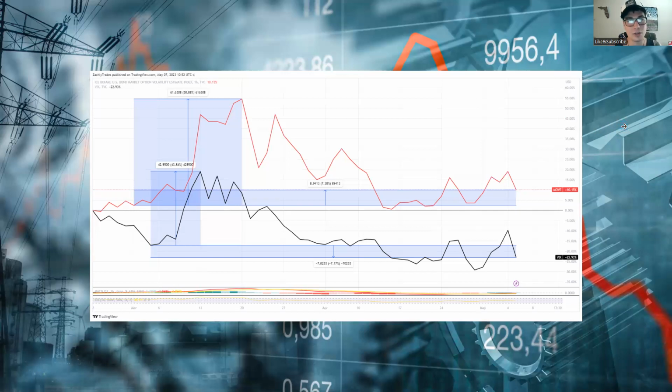Entering in between those supply and demand zones, I like to call that no man's land, right? The reason being is because you're not really sure where price is going to go. If you're entering in the middle of a supply and demand zone, the market may push back up into an area of supply to make the next move down, or it could push lower back down into a demand zone to look for a bounce up, right? And you're not going to have that edge that you need in the market.